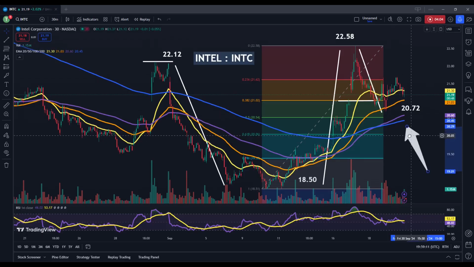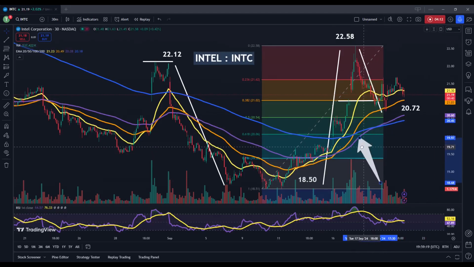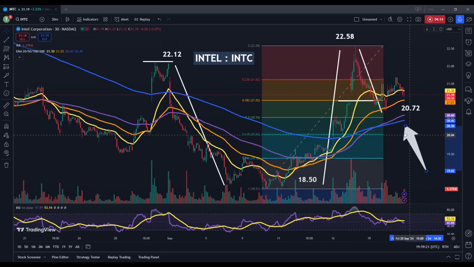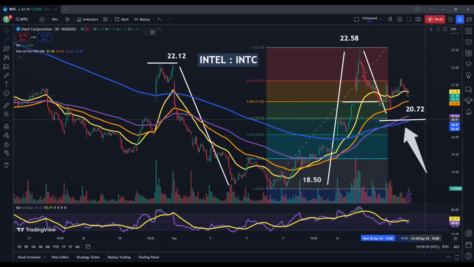The reason that I would like that area in particular as a key area to watch largely comes from the fact that this is also where the 100 period and 200 period exponential moving averages are currently resting. So if we did see a break below this point, we would be losing a few different support zones at once. And this can have the effect of reinvigorating or regenerating the negative momentum to the downside if this were